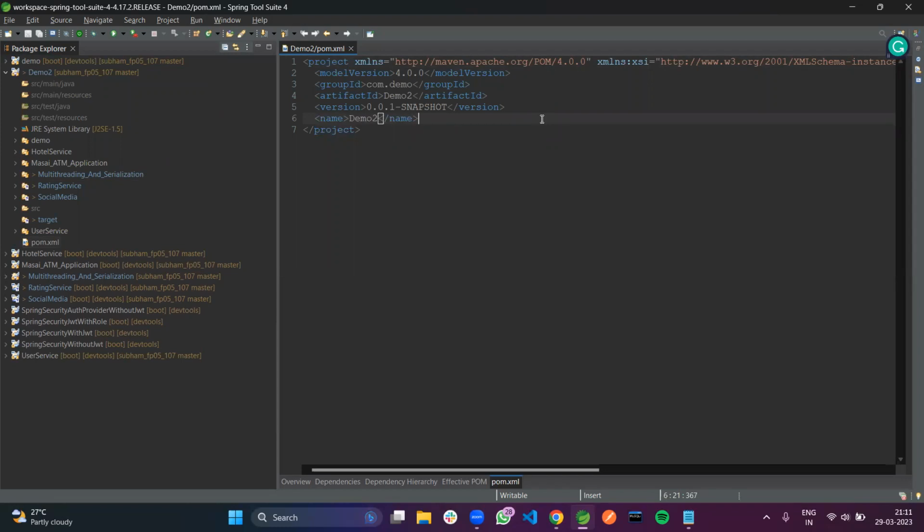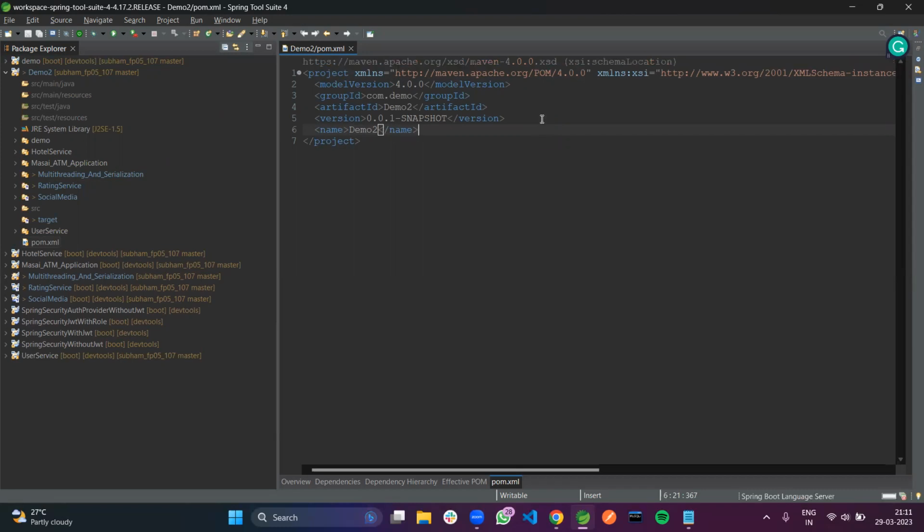For example, if we want to connect our application to a database, we have to provide the jar file of that database, such as the MySQL connector or Oracle connector. So you'll have to provide that. And after providing it here in the XML file, first it will search in our local system. Is this jar file present in our system? It will check. If not, then it will go